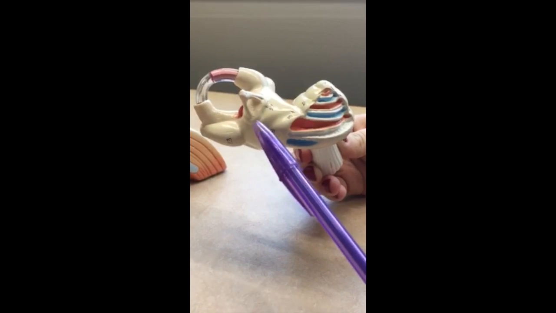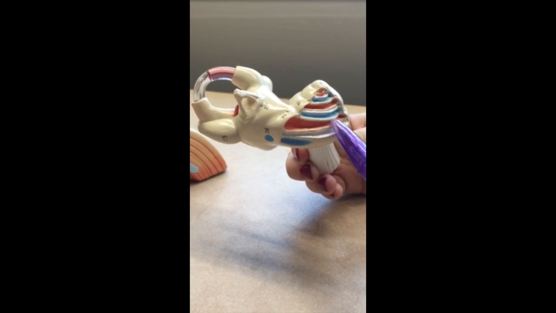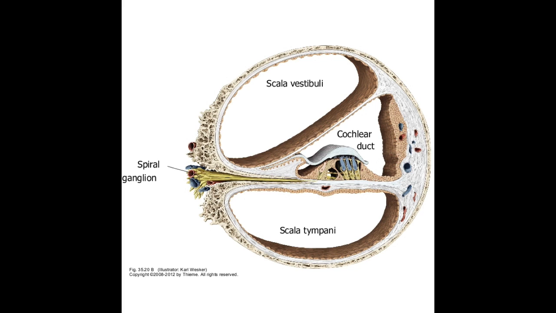The cochlea, which is connected to the middle ear by the oval window, makes about 2.5 turns and contains three different canals: the scala vestibuli, the scala tympani, and the scala media, which is also known as the cochlear duct. The scala vestibuli and the scala tympani are both bony canals that contain fluid known as perilymph. This perilymph fluid is rich in sodium and is comparable to cerebrospinal fluid. The cochlear duct is a membranous canal that runs between the scala vestibuli and the scala tympani, and this contains